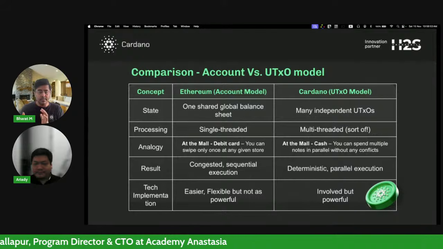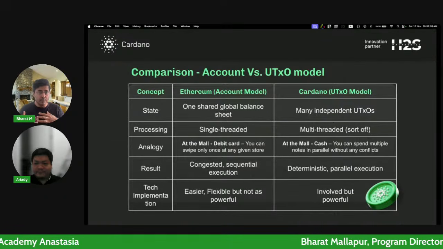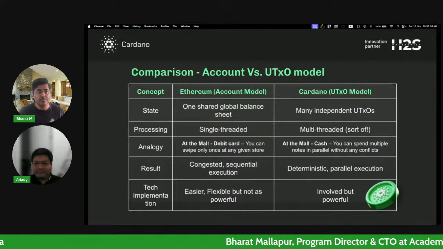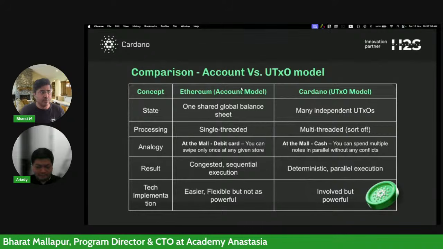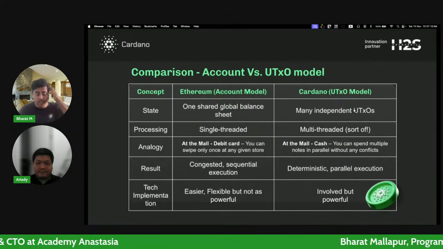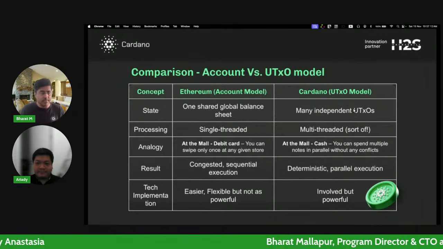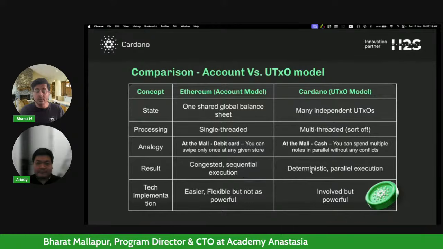So this means that there is massive parallelism which can happen in transaction processing, which is going to be a very, very powerful benefit later on, right? There are also lots of side effects that can occur because of the account model being used, which are not present in the UTXO model, which is why Cardano, after extensive research, decided on this model. So Ethereum is congested, sequential execution. Now the other benefit